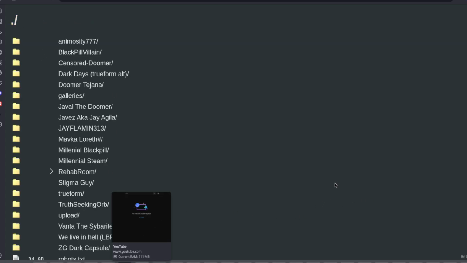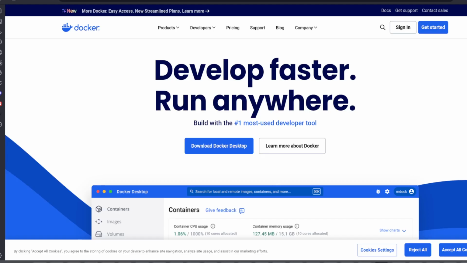So next thing I want to show you is what it is that I use. And I use Docker. Docker lets you run all these programs, given that they are made to run on Docker. But Docker, I find, is the easiest way to run containers, which are basically the programs and all the things that are needed to run inside of said program. So you don't need to install anything else but Docker and the program container.